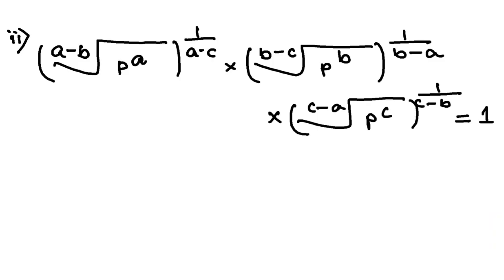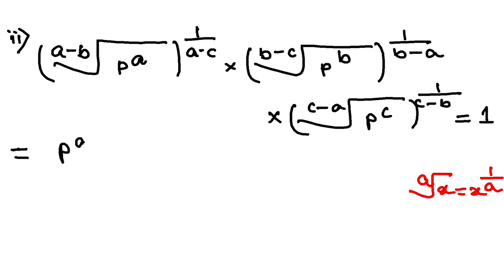Alright, so this is going to be a very long question, so you have to pay full attention. This is what is given. You have to prove that this left hand side is equal to 1. First thing that I'll do is remove the root. If it is like this, this is radical form, and if I bring it to exponential form it is x to the power 1 by a. So same thing I'll do over here.